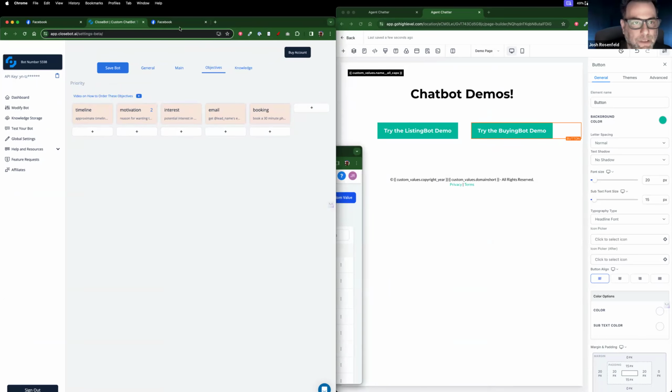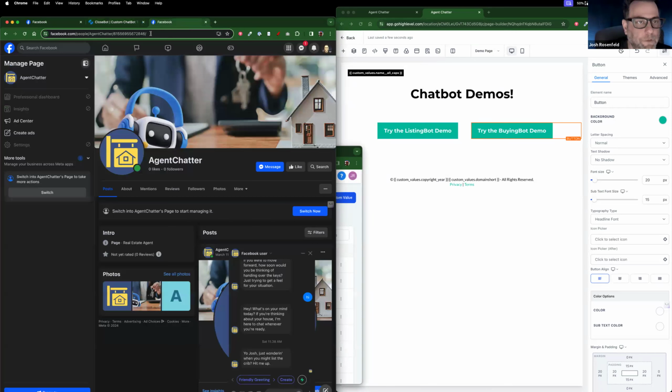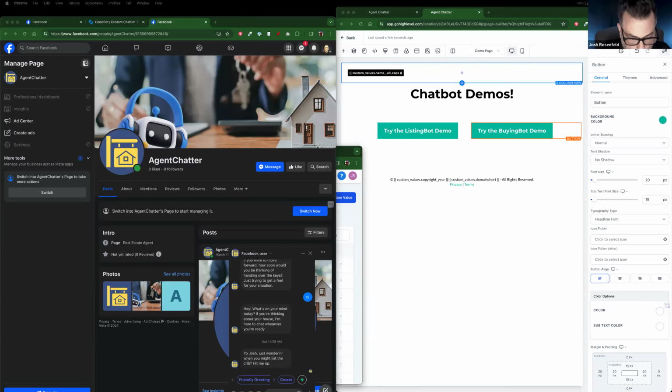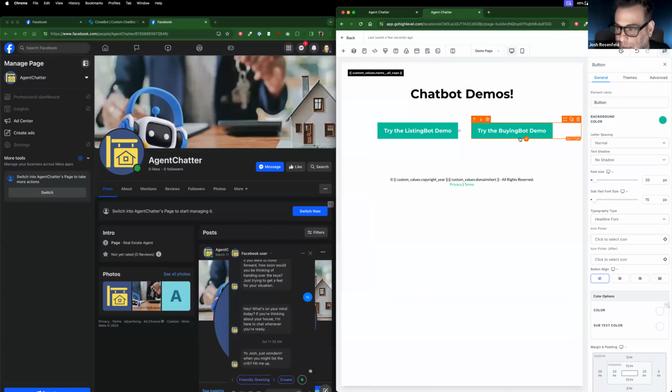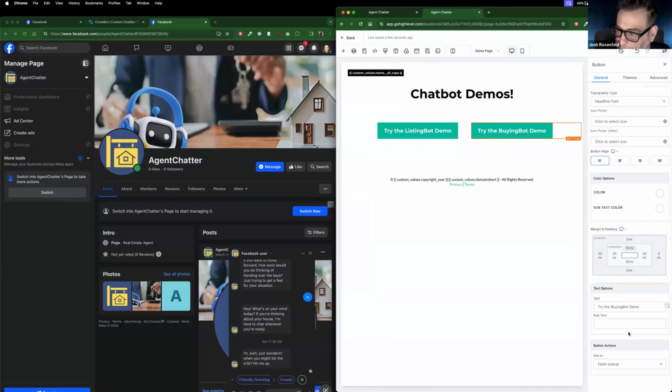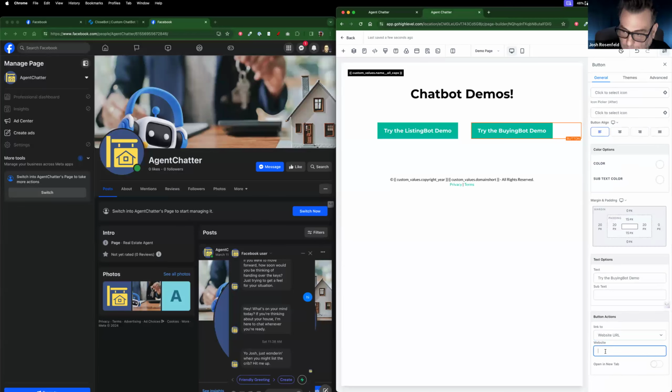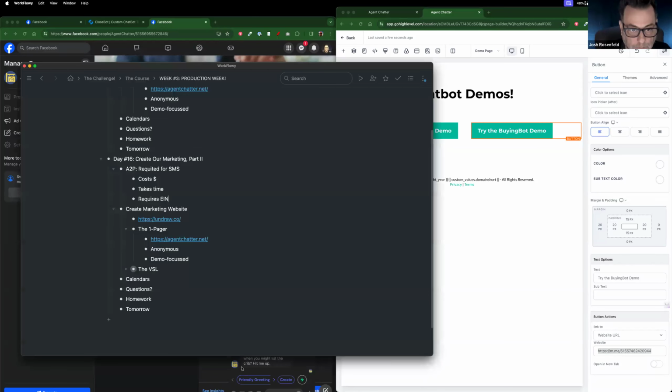So I just learned this yesterday. If you grab, let's see, the number of this page here, and then do m.me, yeah. So basically on this button here, I'm just going to do a link. I'm going to do website URL, and the website is going to be this, and here's how it works. And I'm going to paste this in the workflow. This is cool. All right. So essentially